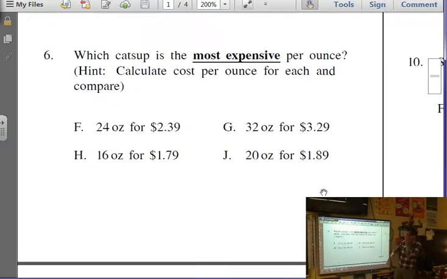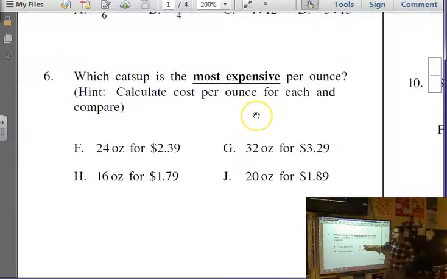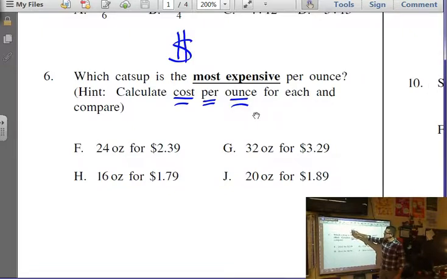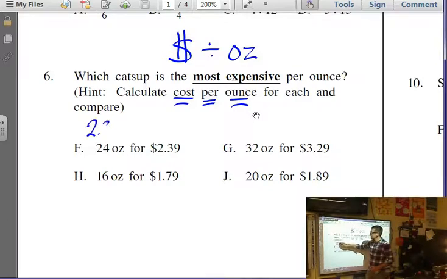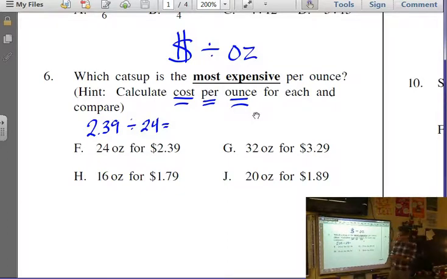We look at number 6. We need the most expensive per ounce. What we're talking about here is cost per ounce. So we're going to do dollars divided by numbers of ounces. The people that made mistakes on this, I think, did their division backwards. So what we want to do here to find that value is the money, the dollars, divided by the number of ounces. So that 239 divided by 24 would be